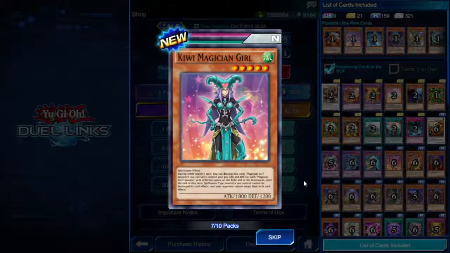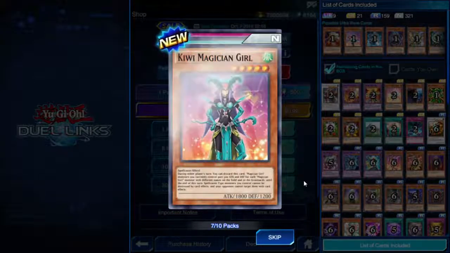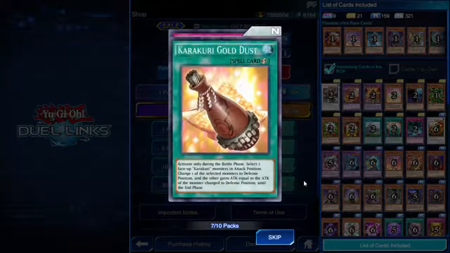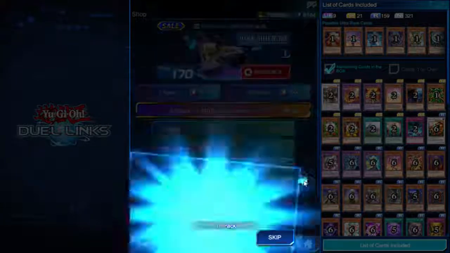And for anyone who isn't quite sure, Kiwi Magician Girl, I remember looking this up years ago. She's one of, I think, 5 Magician Girl monsters who are meant to synergize more with Dark Magician Girl than Dark Magician. Anyway, Karakuri Gold Dust, Elemental Training,